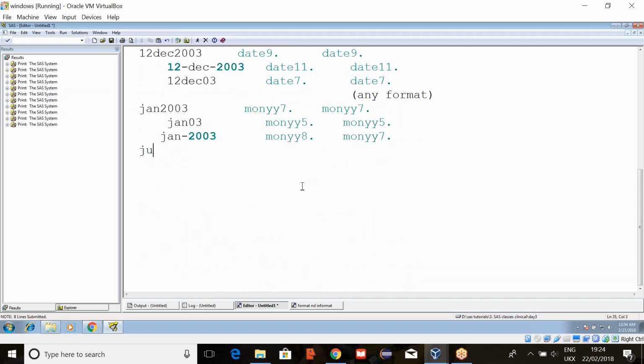No. And one more is there, Julian 7. We won't use this in real time, but just simply I'm saying Julian 7 dot. Julian 7 dot is like 2018300. Now it will be like this, 7 characters. So now in this first 4 characters represent the year. So in 2018, it has completed 300 days.